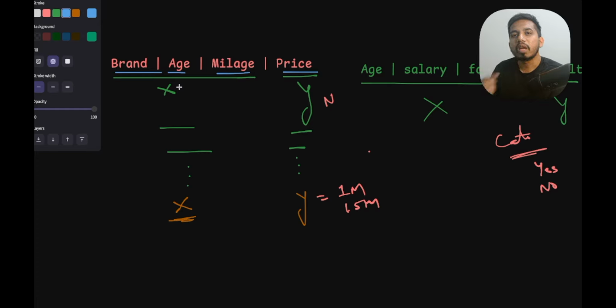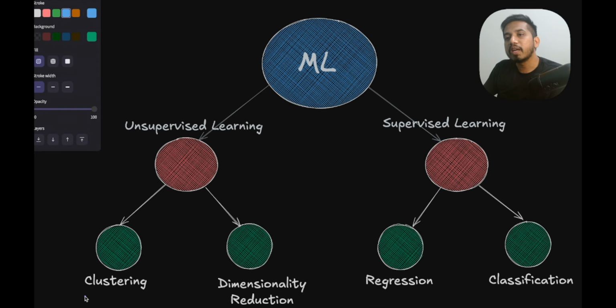In this example, I have given you only 3 features, but real-life use cases will have thousands of features. Let's assume you have 1000 features, but in order to process all these 1000 features, it will take a lot of computational power. So instead, what you can do is reduce these 1000 features to maybe 100 important features. This process is nothing but dimensionality reduction. So if you go back to the previous diagram, dividing the users into multiple groups is called clustering, and reducing the number of features or input parameters is called dimensionality reduction.